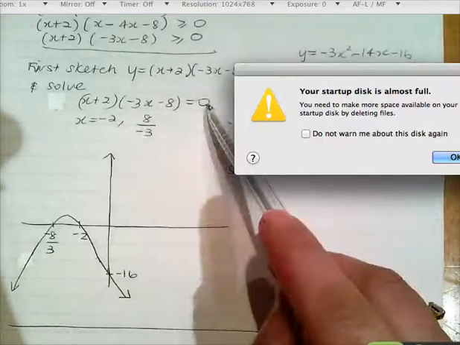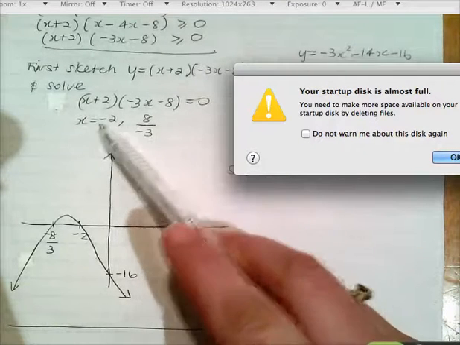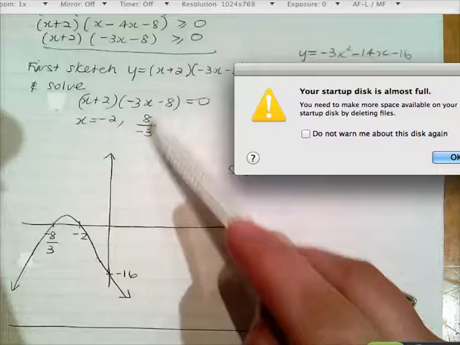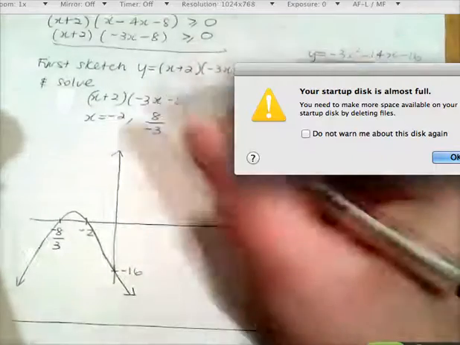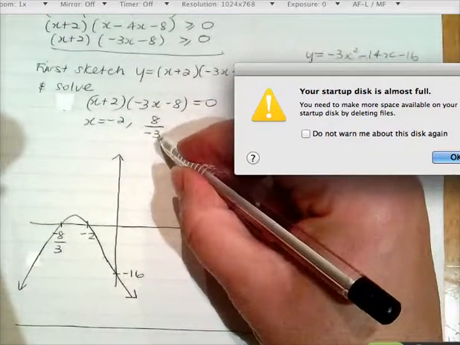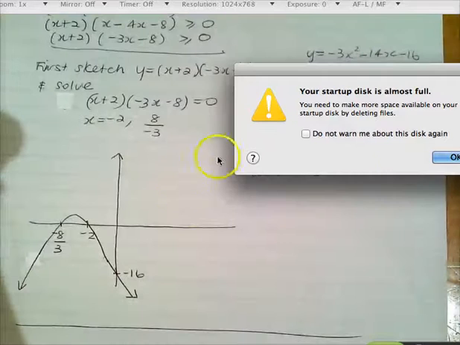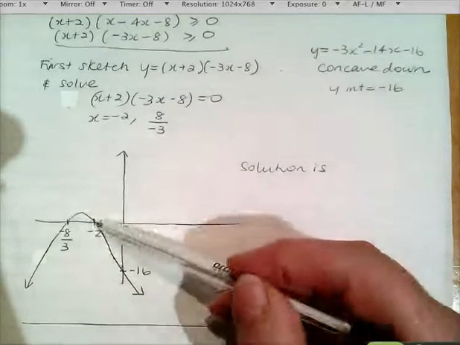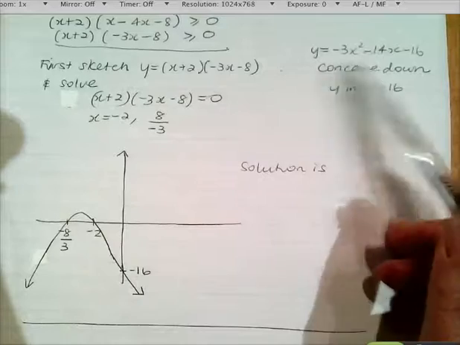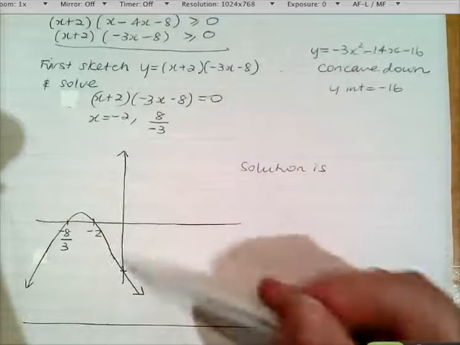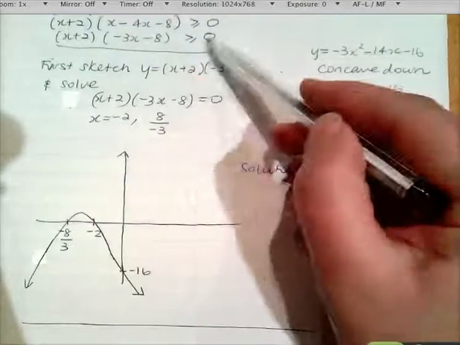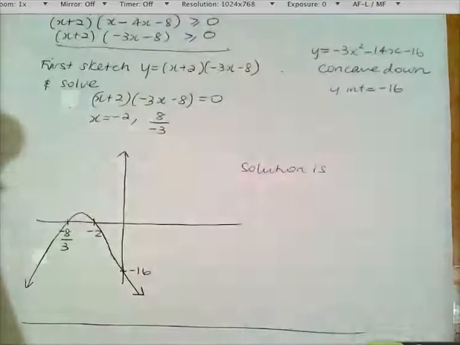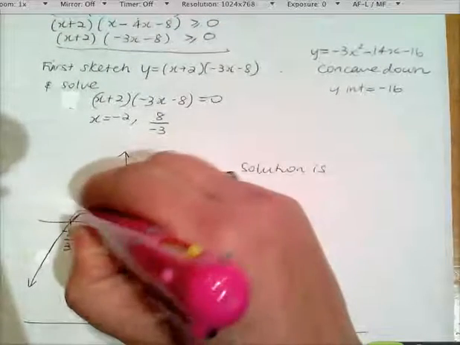So if we put this equal to 0 to find our x-intercepts, we get that x is negative 2 and we get that x is 8 on negative 3. 8 on negative 3 happens to be negative 2 2/3. So here we'll just sketch our x-intercepts. They're negative 2 and negative 2 2/3. We know it's a concave down parabola, so it's like that. We need to see where this parabola is greater than or equal to 0. So it's greater than or equal to 0 for these